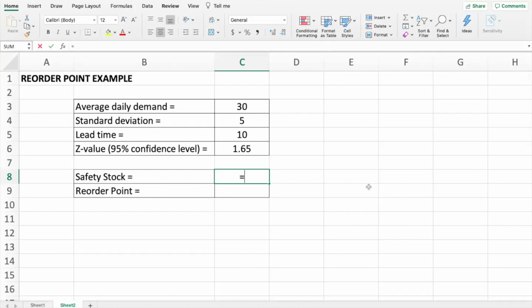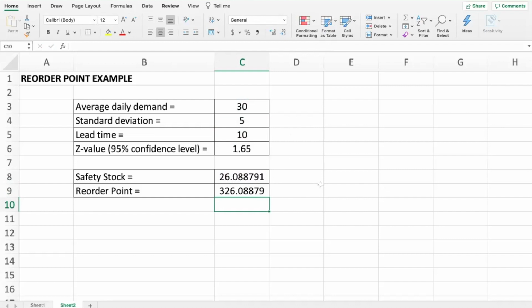Again, the safety stock is equal to the standard deviation times the Z value times the square root of lead time. Yan. So the safety stock at this point is 26.088. The reorder point, the total, would be the daily demand, 30 or C3, times the lead time, 10, plus the safety stock. So ang total nating reorder point ay 326.088. Meaning, when your inventory is at 326 na, you need to order